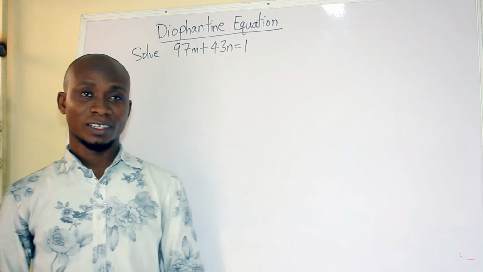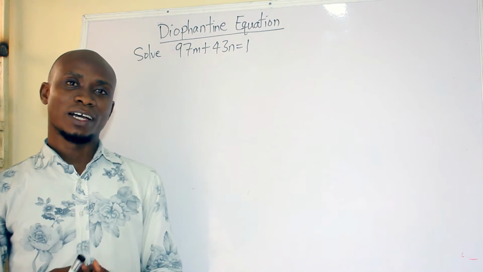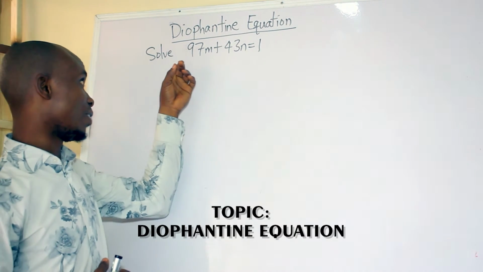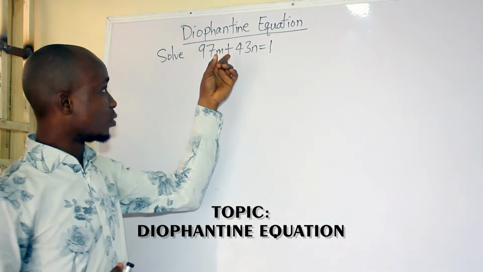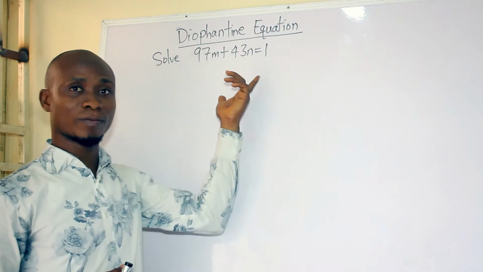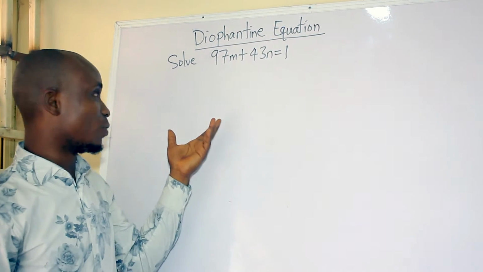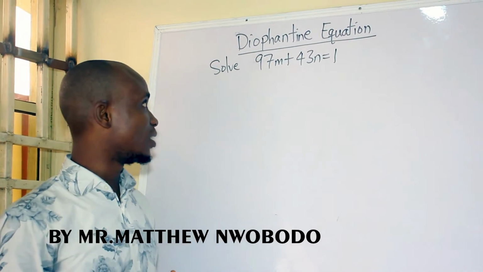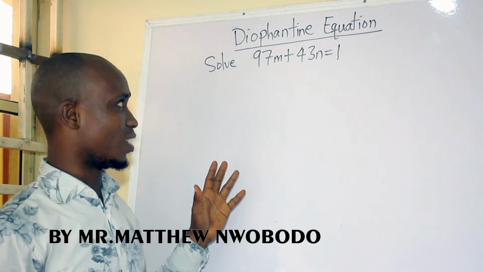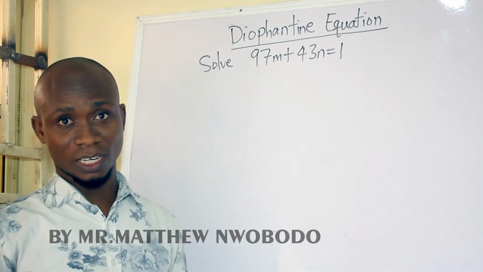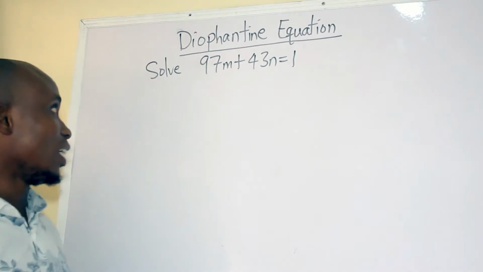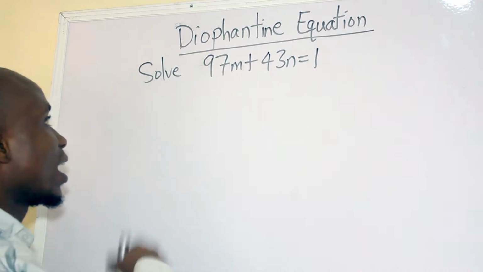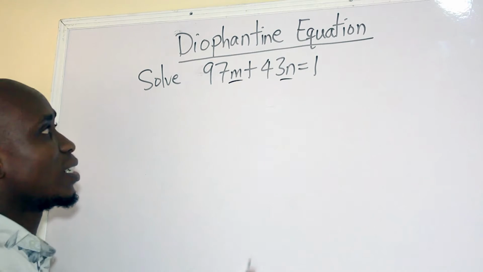Hello friends, in this video we're going to be solving the Diophantine equation 97m plus 43n equals 1. Now, a Diophantine equation is one of the problems of number theory, and when you look at this equation, it looks like a simultaneous linear equation, but in this case we have two variables, m and n, and then we